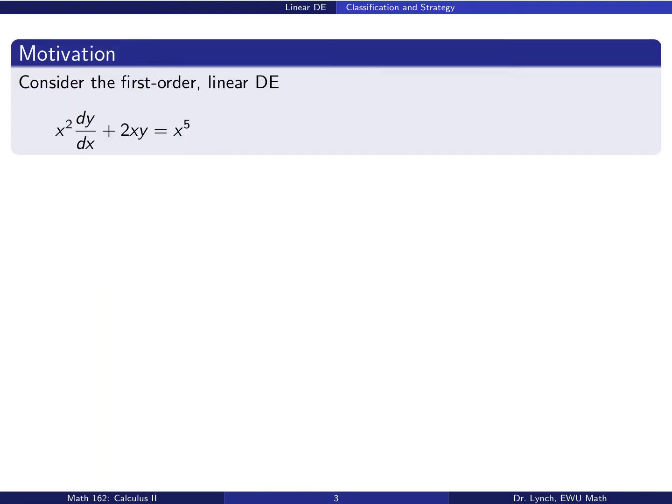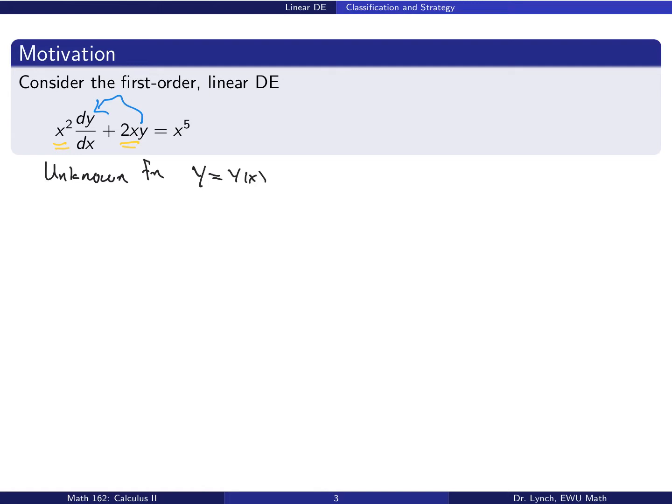Here's a motivating problem. Let's have a look at this first order differential equation. It turns out it's a linear differential equation. We'll see why it's linear in a second. x squared dy/dx plus 2xy is equal to 5. Now we can see that this is a differential equation for the unknown function y, which is a function of x. Now I've sort of rigged this equation up in a special way so that the left-hand side has a special form. If you stare at it for a moment, and I'll invite you to press pause and see if you can identify anything interesting here,